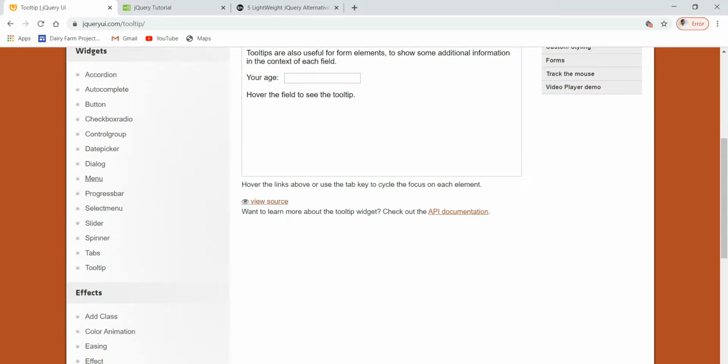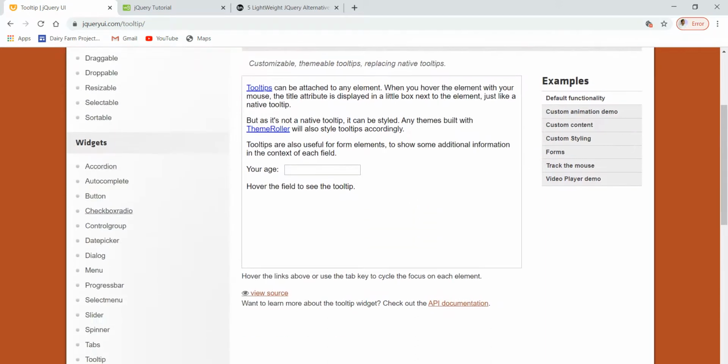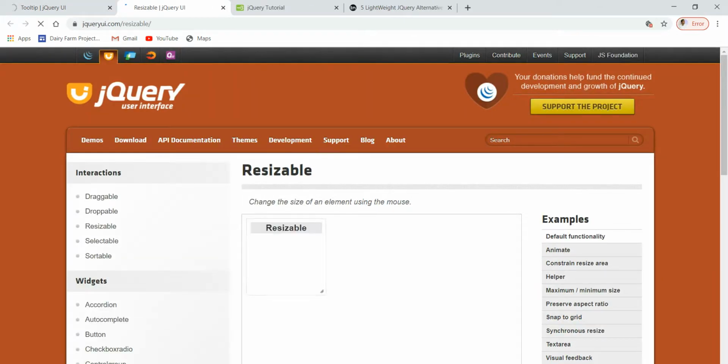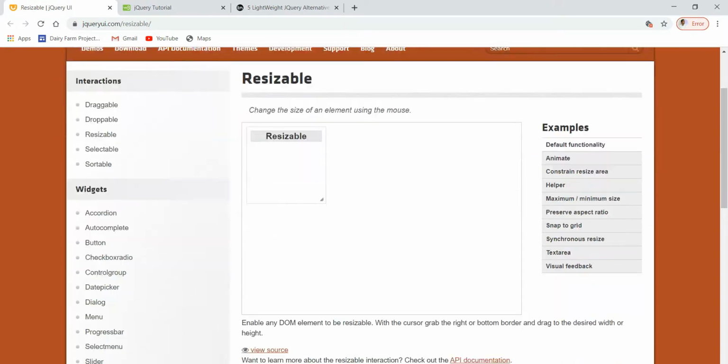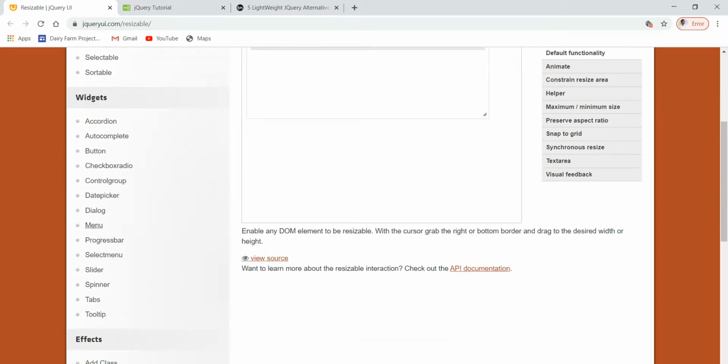Then we can use so many features, like date picker, checkbox controls, radio buttons, and progress bar. Then we can make things resizable, like I can resize this horizontally, on this side or on this side.